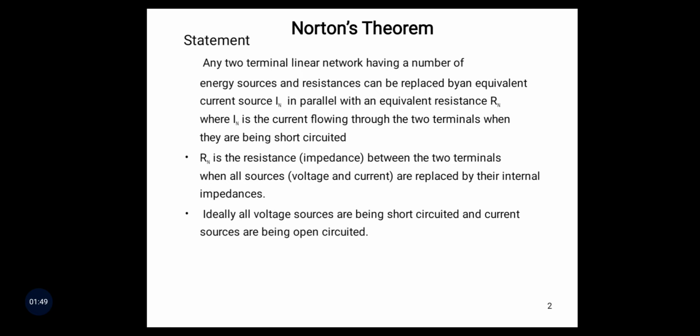So what does it mean? It's simply the reciprocal of Thevenin's theorem. In Thevenin's theorem, any linear bilateral network is represented with one voltage source in series with one resistance; the voltage is called V Thevenin and the resistance is called R Thevenin. In a similar way, in Norton's theorem, the whole network is represented with a current source in parallel with a resistance. Here the current source is called I Norton and the resistance is called R Norton.